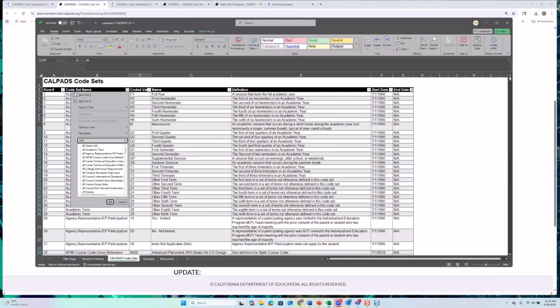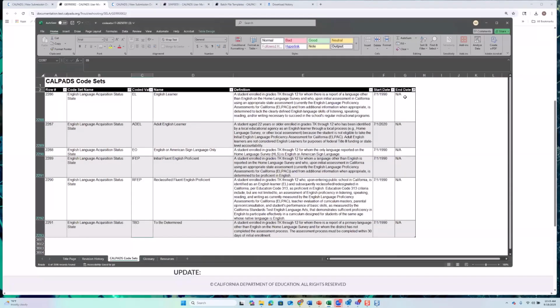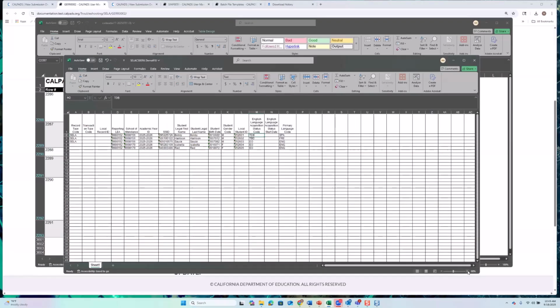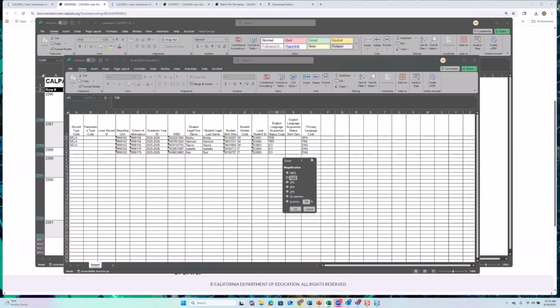So I'll just type in status. And I don't want all the different statuses in CalPads. I just want English language acquisition status. You can see all the codes are valid. There are no end dates. And so these are all the codes I can use. And so, I have to be shrewd enough and detailed enough to identify my typo,